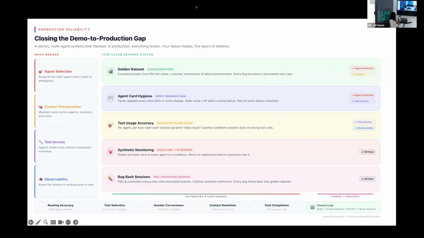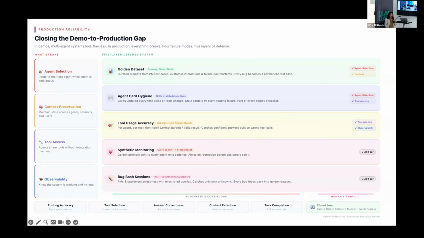What else is here? Okay, yeah, the golden data set, that's a very important point. As you're building the agent, I think someone else also mentioned this, you should have an eval harness before you even let it out in the wild. So that's the golden data set. That is the prompts, the multi-turn conversations. It could be something as simple as "build a campaign for me." And maybe the person doesn't want to have a conversation. After that, he just wants to see the campaign itself. But have that golden data set.